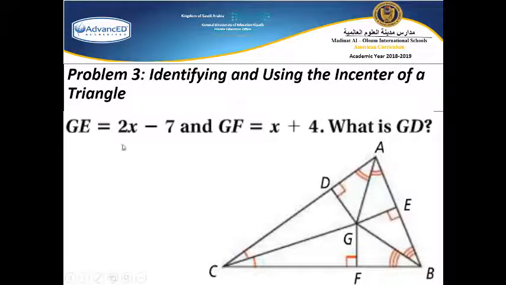How to find the incenter from this problem? We know that the incenter is equidistant from the sides of the triangle. That means, looking at this triangle, GE equals GD equals GF. Then we can make the substitution that GE equals GF, so 2x minus 7 equals x plus 4. By solving this equation, we get x equals 11. Then by substituting into any equation, we get that the length of GD or GF equals